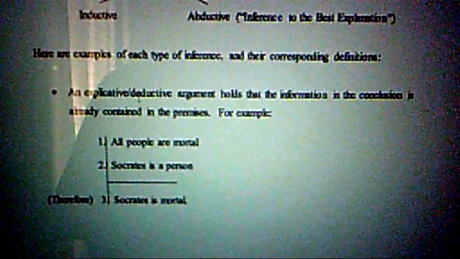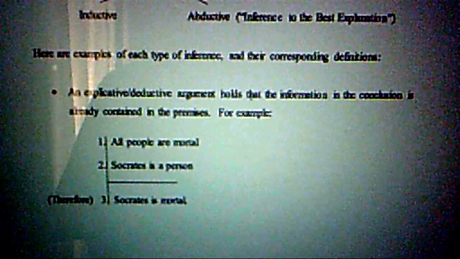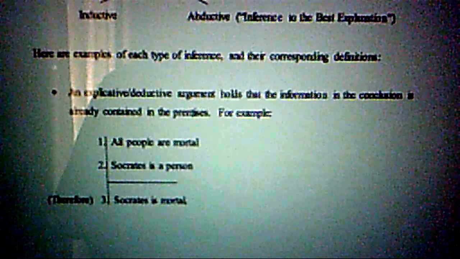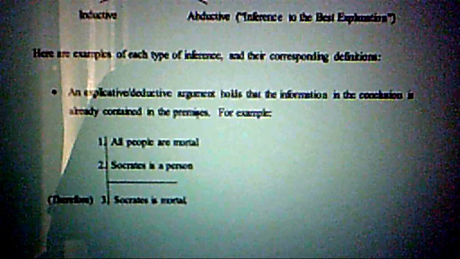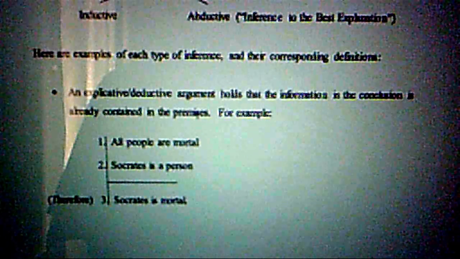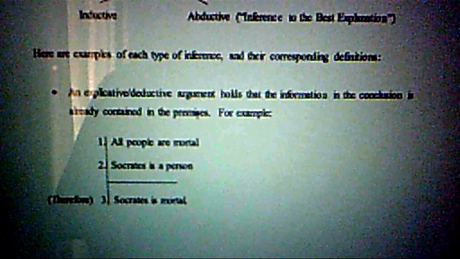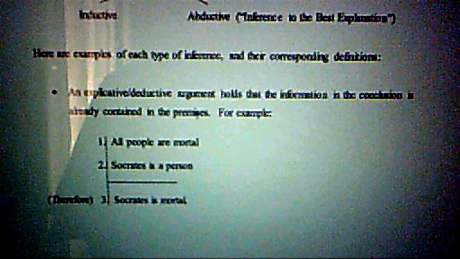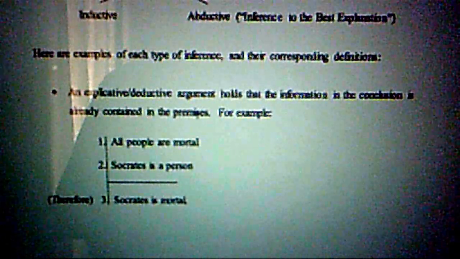What makes a deductive argument deductive is that the information, the conclusion, is already contained in the premises. The idea here is that your conclusion is somehow latently already within the information that the premises contain. If it's already there and latently sort of being drawn out, well, you might ask, what's the point? Why do we bother with deductive arguments? Since if the conclusion is already contained within the premises, it's sort of like, okay, fine.